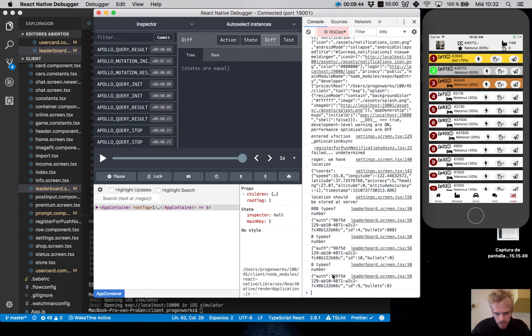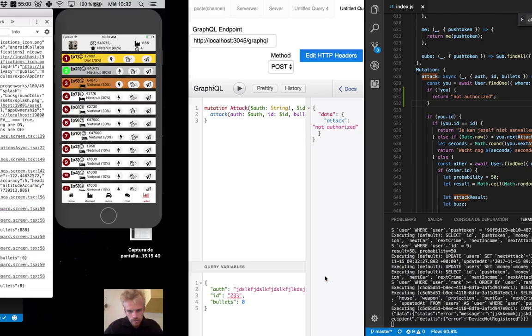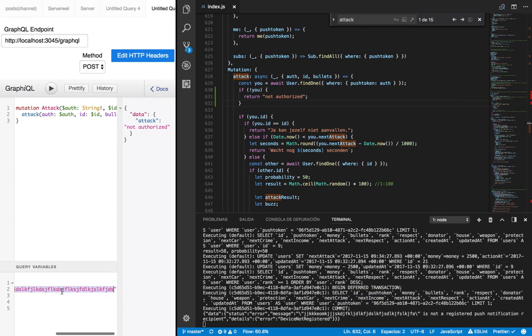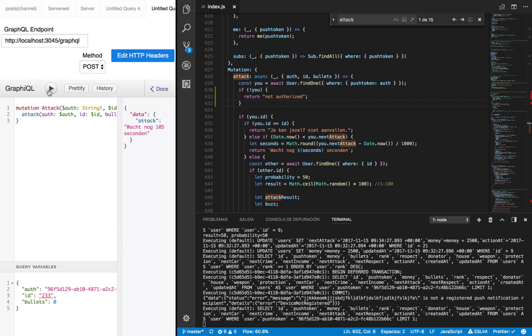That's my authorization. So let's fill that in. And it says, all right, wait another 105 seconds. Of course, also I shouldn't be able. So yeah. Okay, so if I don't have to wait